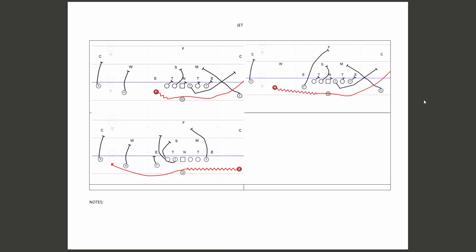And then your jet sweep. You can give your jet sweep multiple looks as well. You can run it with your fullback, you can run it with your H, and you can run it with your Z. Just wanted to share this because I thought this was a pretty unique